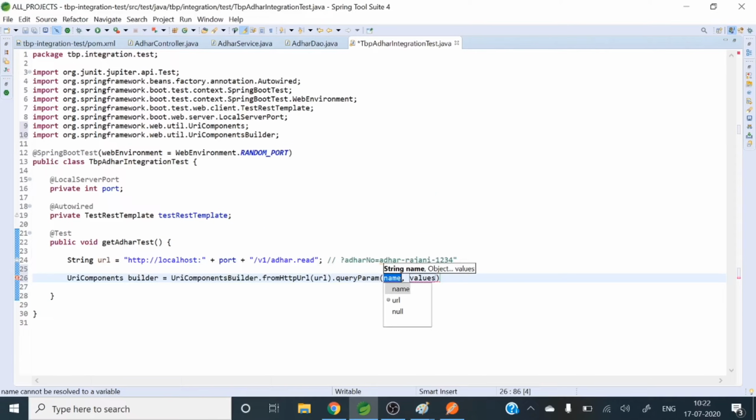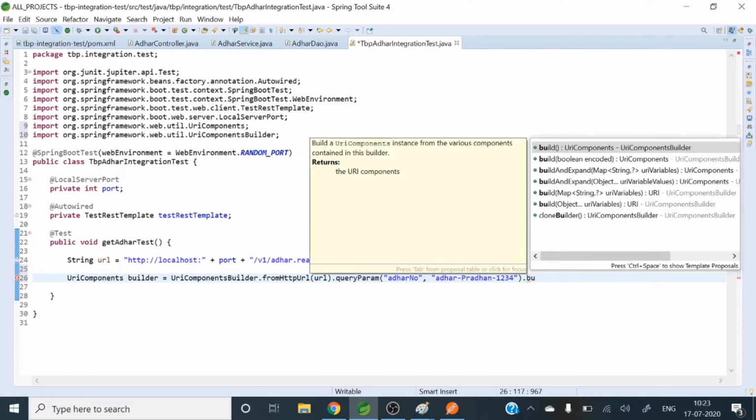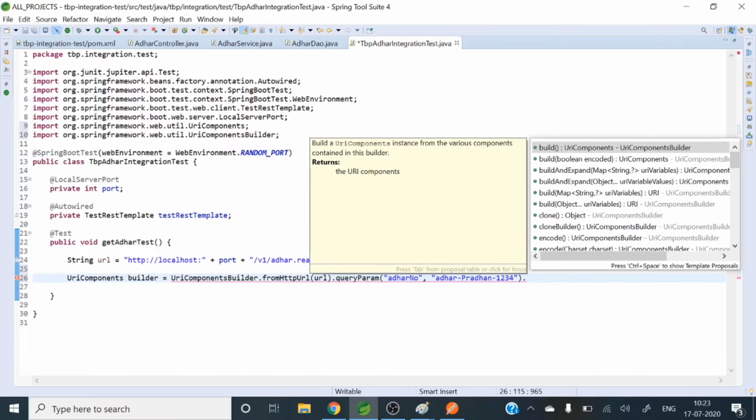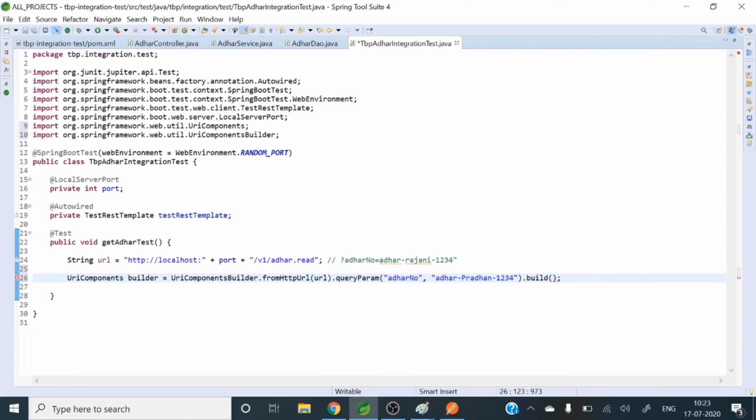So query param, what is our query param? This Aadhaar number, right? So this Aadhaar number and values, suppose I am passing here ADHAR Pradhan 1234, okay, dot build. Build, right? So here what it will do, that URL is there, right? First, from this URL we are putting this query param. Then